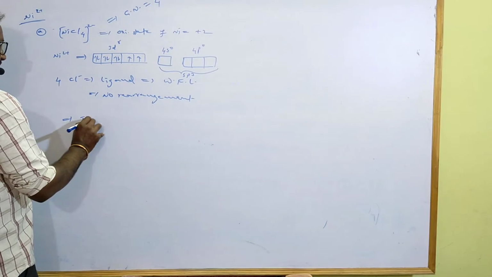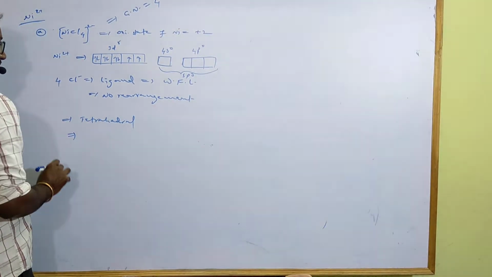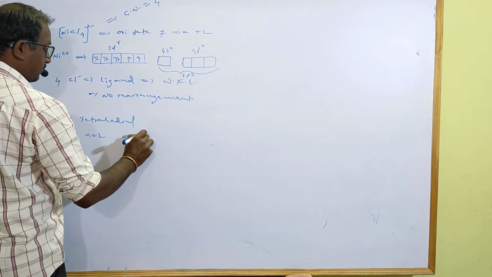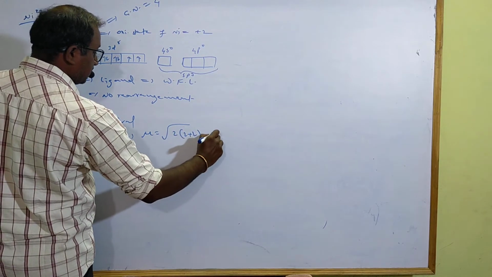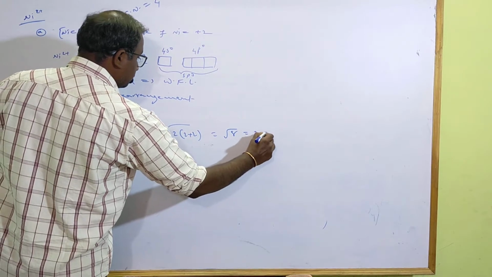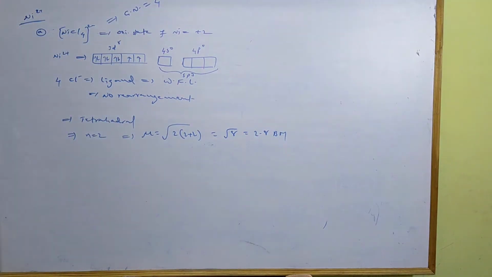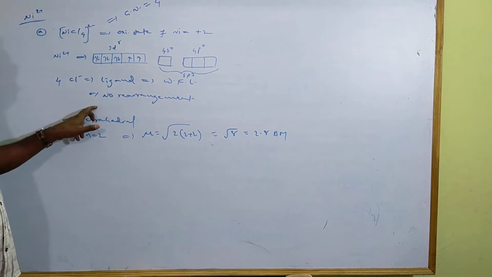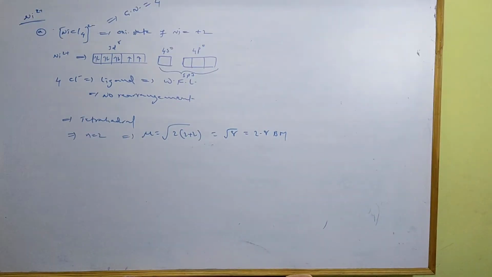By this sp3 hybridization, shape becomes tetrahedral, and how many unpaired electrons? There are 2 unpaired electrons. Therefore, magnetic moment is root of 2 into 2 plus 2, equal to root 8. Root 8 means about 2.8 Bohr magnetons. This is the magnetic nature, and shape is tetrahedral. Chlorine is a weak field ligand, no rearrangement, coordination number is 4. This is the explanation of one example in case of nickel.